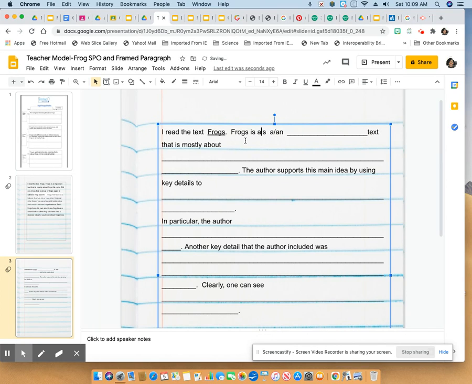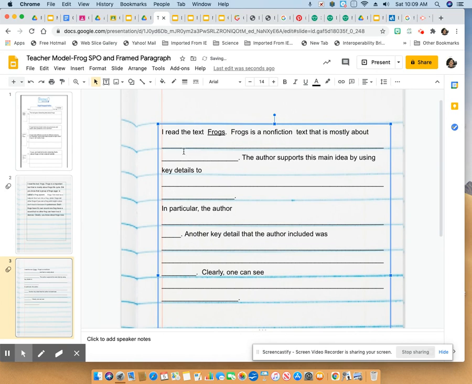is an, okay, I want to say frogs is a nonfiction text. So you have to pick the lines out. Okay, I read the text, frogs. Frogs is a nonfiction text. Okay, I don't even want to say text because I have text over here. I'm going to change that to book. Frogs is a nonfiction book